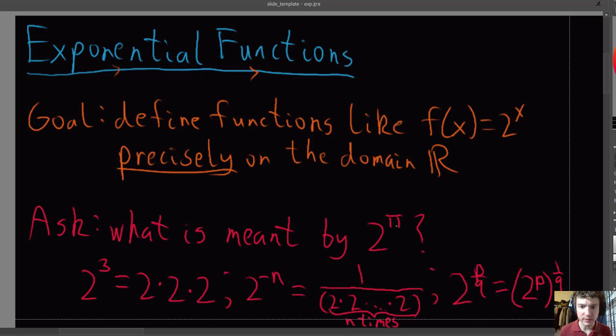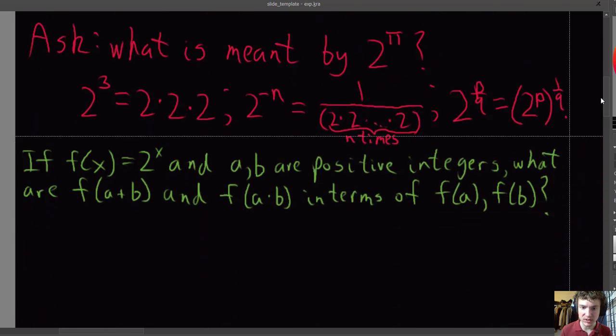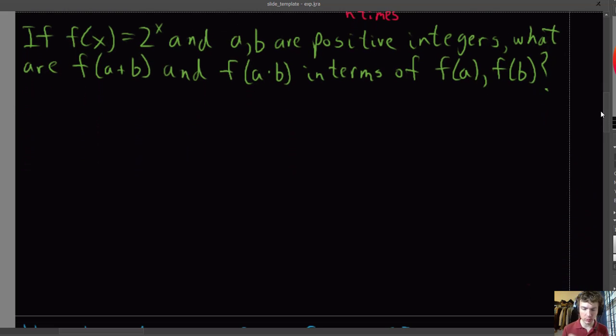Before we try to define 2 raised to the power of irrational numbers like pi, let's just review the logic for how we reasoned about what things like 2 to the power 0 or 2 to negative powers or 2 to rational powers should be, because there was a definitional choice there. So to see that, let's start by thinking about this function f of x is 2 raised to the power x,